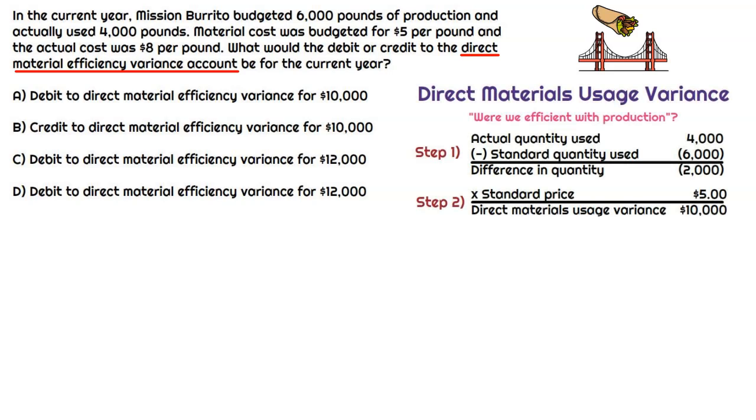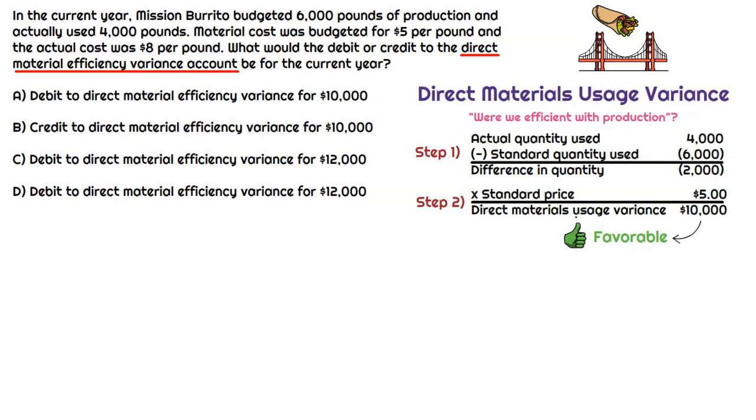So starting with the efficiency variance, well, we're focused on did we use more or less materials than we had budgeted. Well, they actually used 4,000 pounds. They had budgeted 6,000 pounds. So that means they used 2,000 pounds less. We multiply by the standard or budgeted rate per pound of $5, and that's a direct material efficiency variance of $10,000. Now, this is actually going to be favorable because they used less than they had budgeted. So this is good, right? So we'll consider what that $10,000 impact looks like in the journal entry after we focus on the direct material